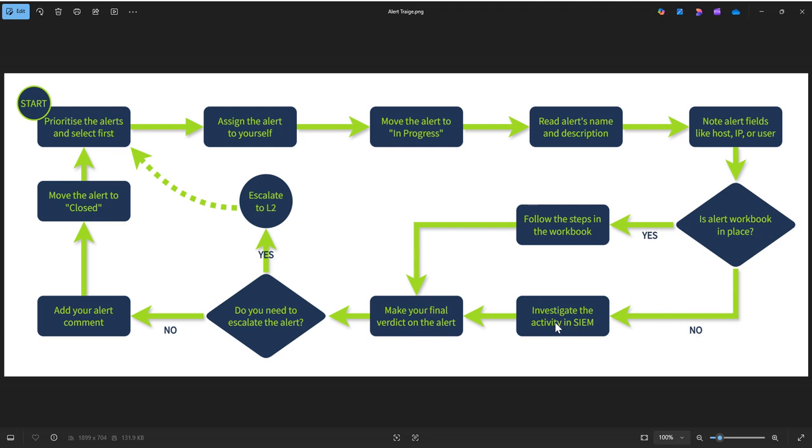If there is no workbook, you just investigate the issue in the same tool. You do some basic triaging analysis, check on VirusTotal or any other threat intelligence platform. Then you make your verdict. Okay, I think this is a threat or I think it's not a threat. Then you say, I think this is a true positive or it is a false positive. Then, depending on that, you decide whether you are dropping the alert or escalating it to level two. Once it is bad and needs to be escalated, you escalate it to level two,